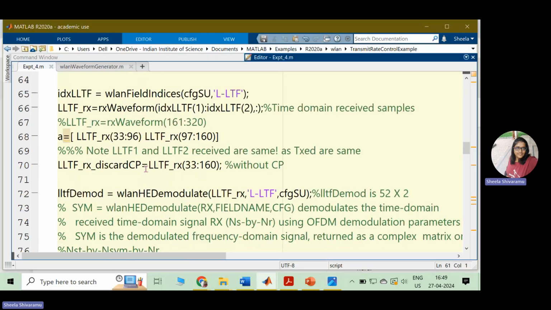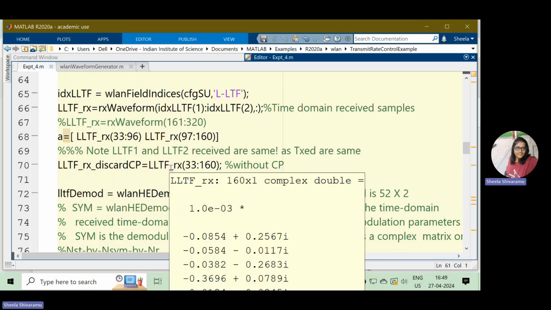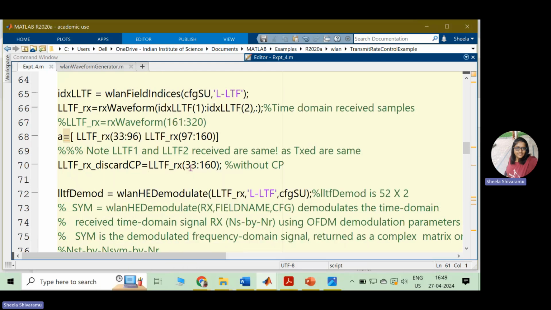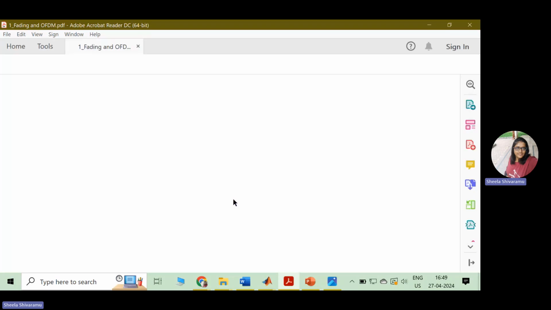So that is what I have mentioned here, indices, and I have written this has to be the same because the transmitted are the same. The received thing also should be the same. And discard CP, meaning the first 32 samples I'm discarding. If you can remember what was done in OFDM,